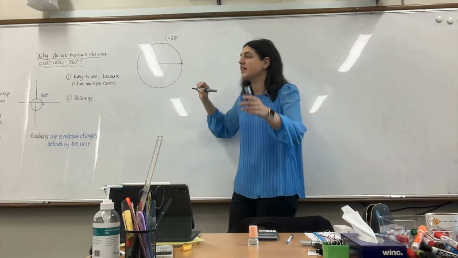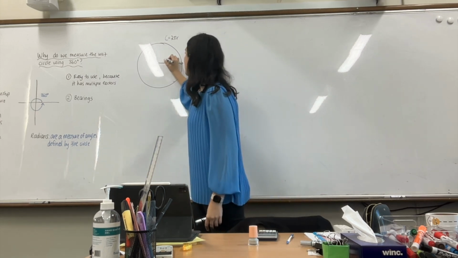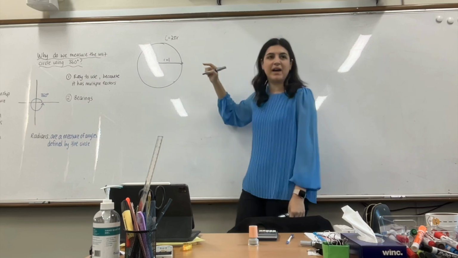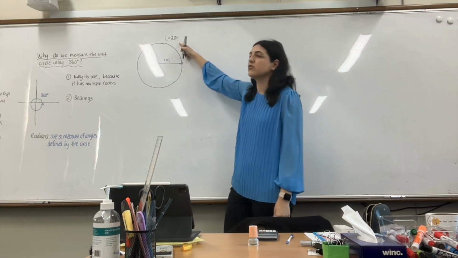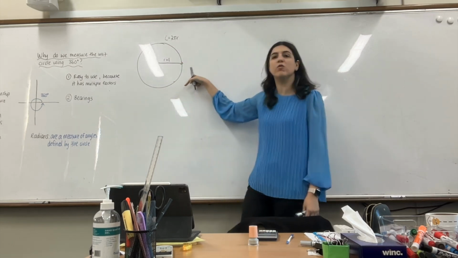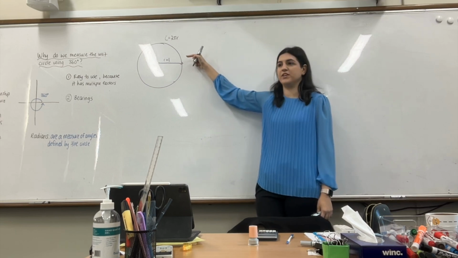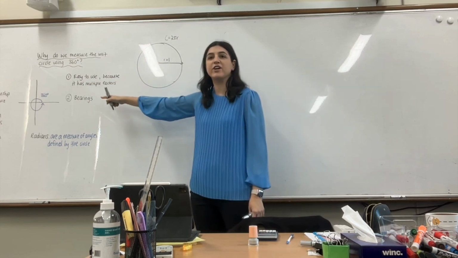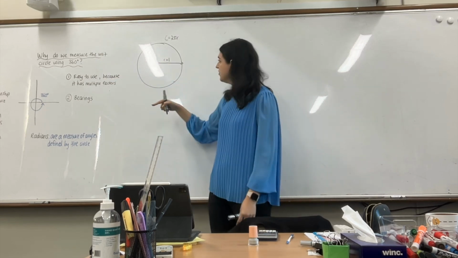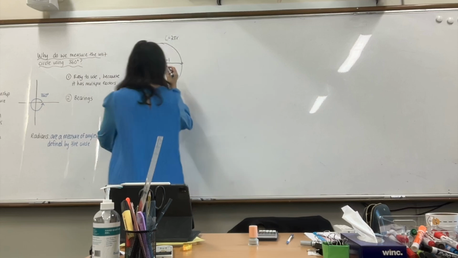Excellent, it's 1, isn't it? So the radius equals 1. If the radius is equal to 1, then the circumference of my whole circle is 2 pi. Would we agree? Yes. So if I go all the way around the unit circle, all the way around here,